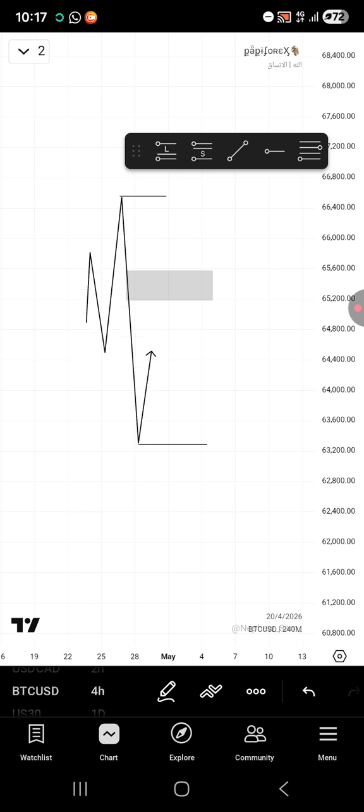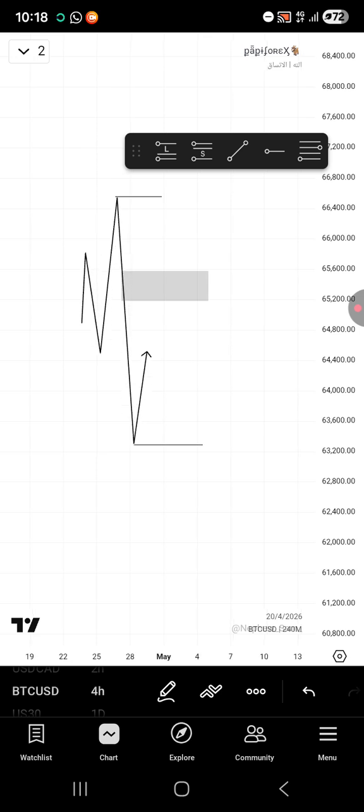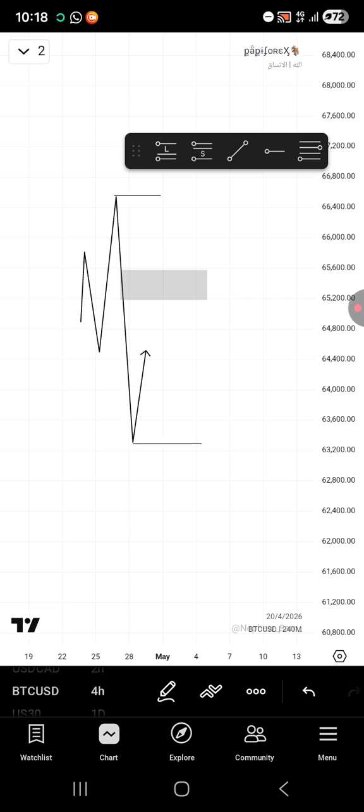So the purpose of this video is just to talk about liquidity to liquidity pairing, because basically that's just how I trade. If you can understand what we call liquidity to liquidity pairing, you will be able to read liquidity like a pro, and you'll be able to avoid those unnecessary stop losses. You understand? So in liquidity to liquidity pairing,